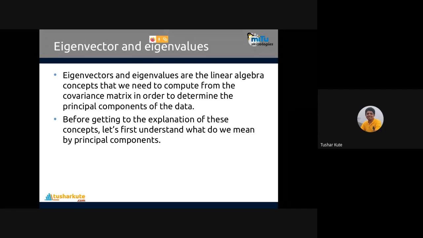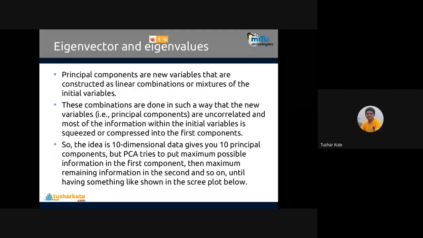Before the explanation, let's understand what a principal component is. Principal components are new variables constructed as a linear combination or mixture of the initial variables. These combinations are done in such a way that the new variables, the principal components, are uncorrelated, and most of the information in the initial variables is squeezed or compressed into the first component.